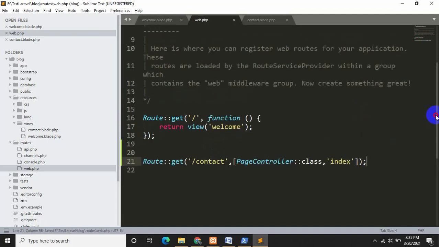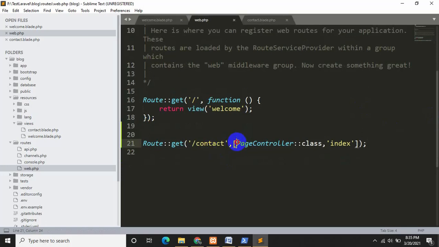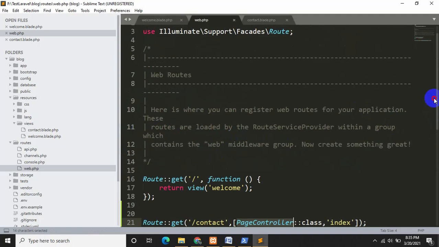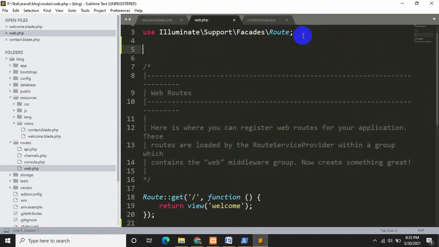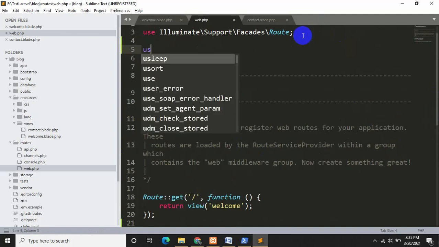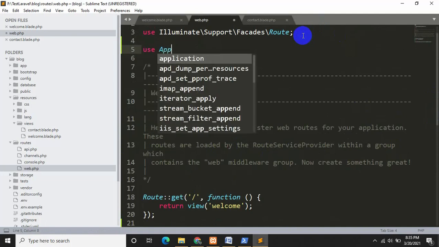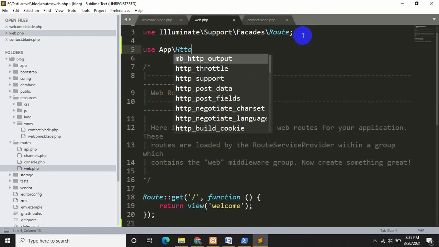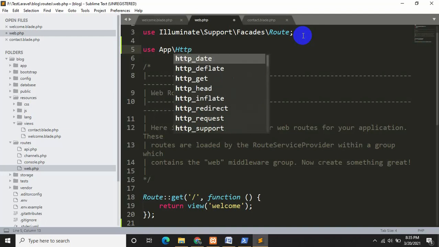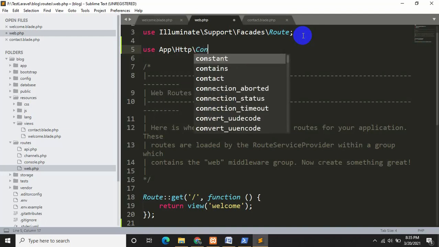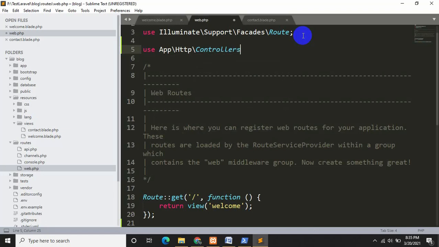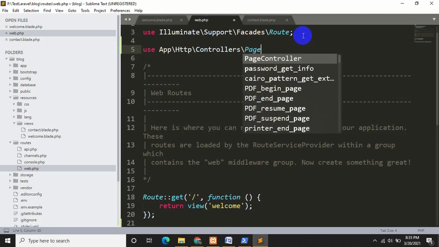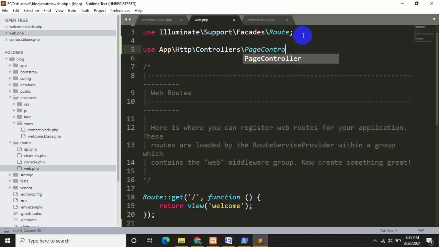Now if we are using controller over here, then we also need to write the controller over here as well. Now it's only for Laravel version 8. Okay, we need to write use App\Http\Controllers\PageController.